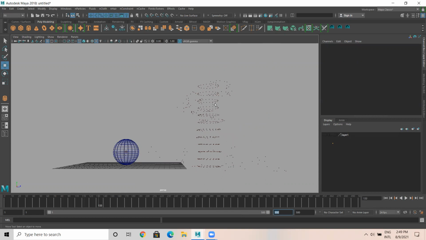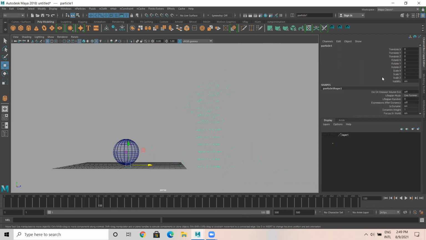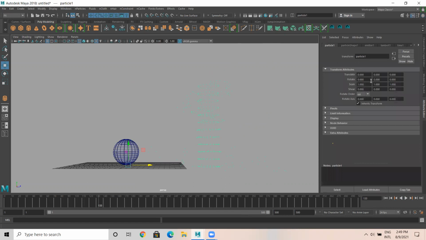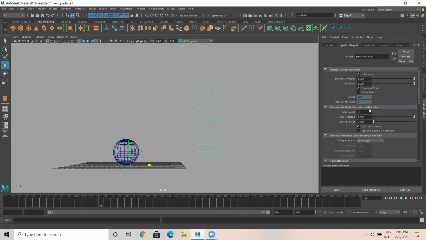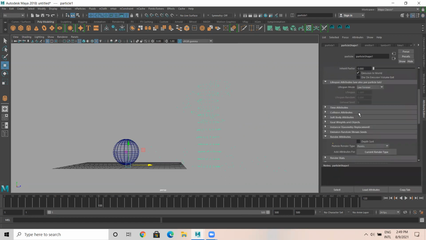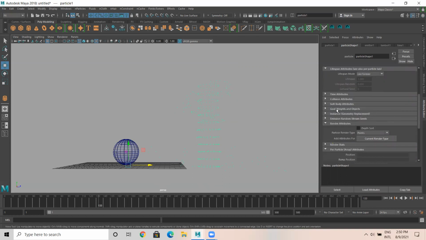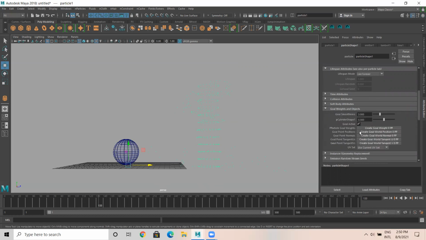Okay. Then I select this, go of these particles, go to attribute. You can come to particle shape. Once we apply a goal for the particle, you get an attribute, means these options will be enabled. Okay. There are two main options in this. One is goal smoothness, another is polycylinder shape 1. I'll explain you what is this.